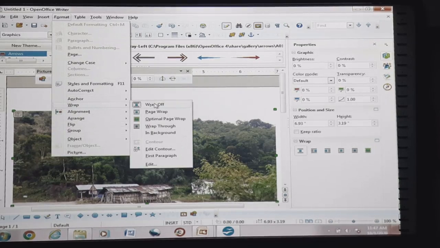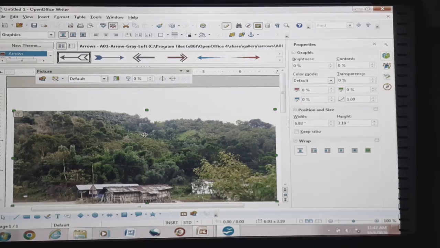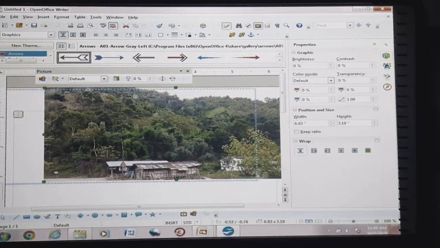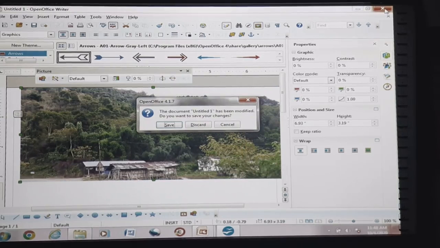Suppose the wrapping option is there. These are the various options which can be chosen whenever we select the wrap option. Alignment, now top. If we need alignment on top, it can be done. Aligning top like this, line on the top. Drag it and your picture will be aligned on the top. So these are the various options which are available under the format tab in